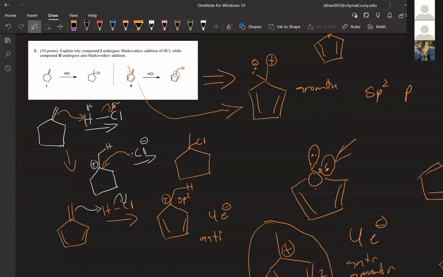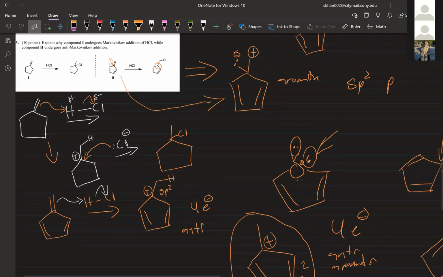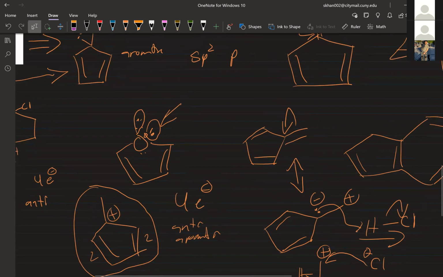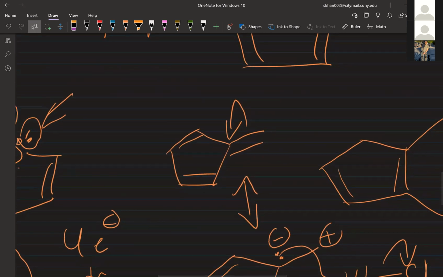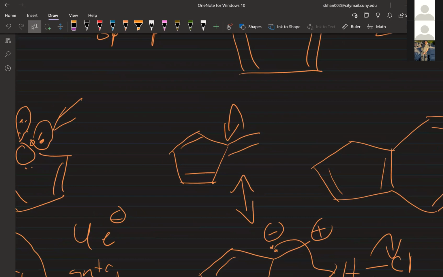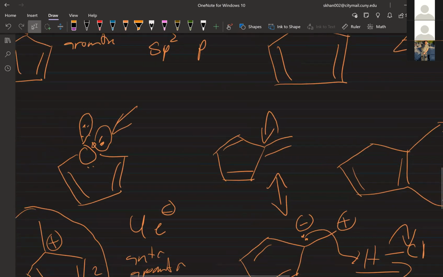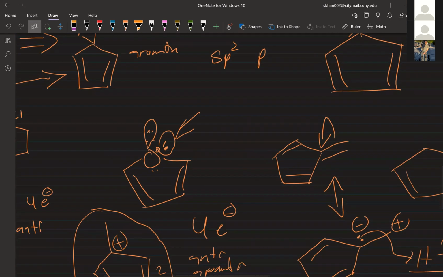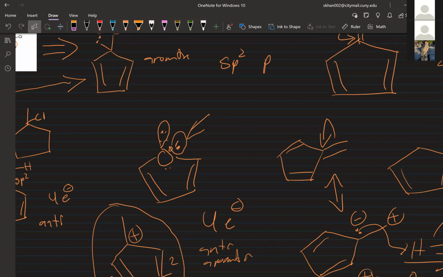Could you just explain the second part? Because I still don't understand why the Cl made the anti-Markovnikov product. I'm still lost on that part. So if we look at just the molecule, the short way would just be to draw the resonance structure. This was just to explain everything, I don't know what he wrote on the answer key, but